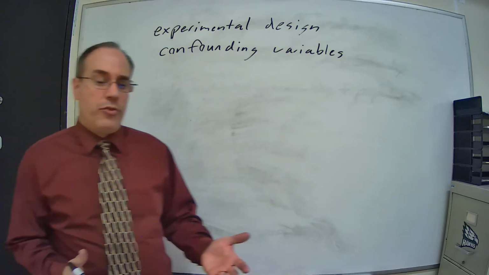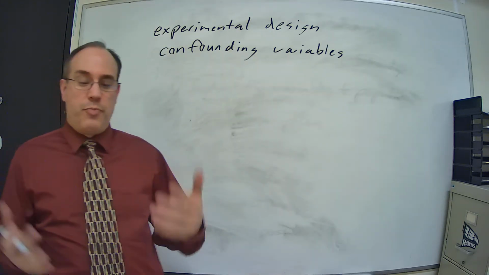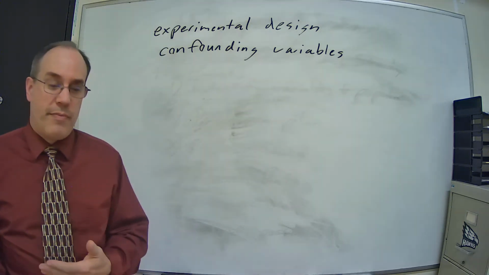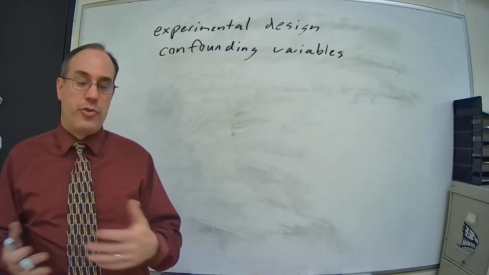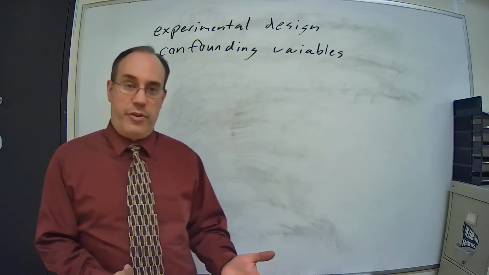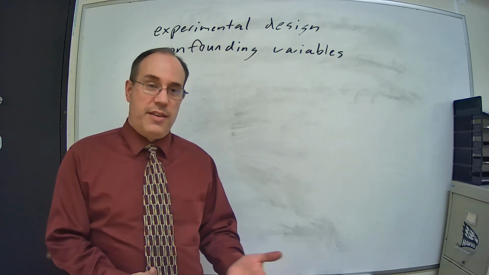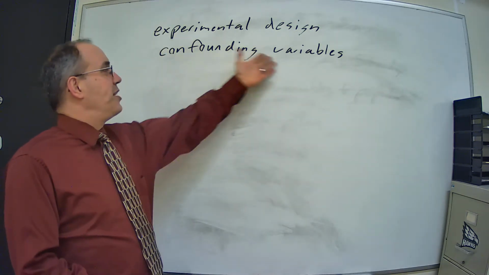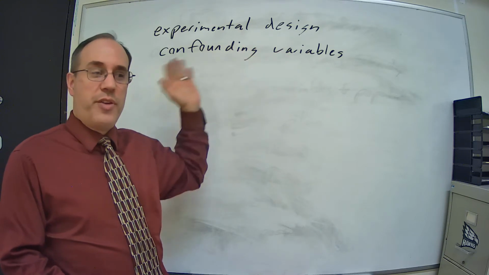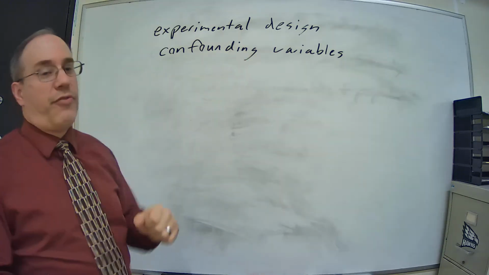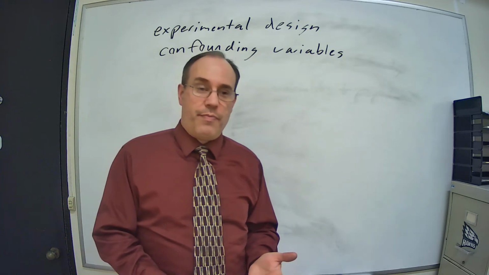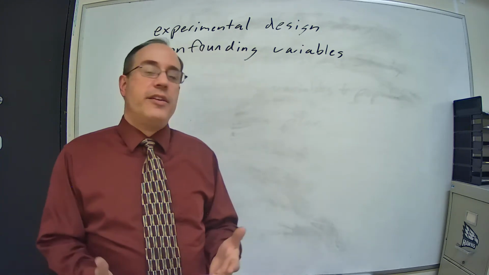Confounding variables are related to both the treatment and the outcome. It's difficult to determine whether differences in outcome are due to the treatment or the confounder. So we don't know whether the treatment caused the effect to happen or if the confounding variables did. Let's say I wanted to determine